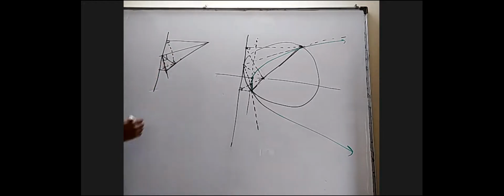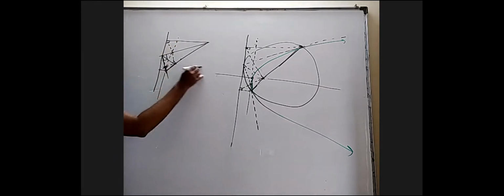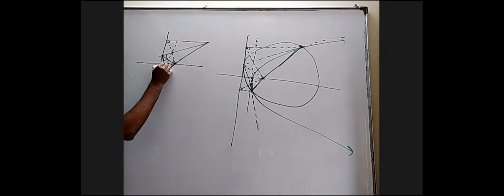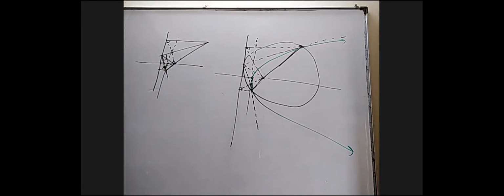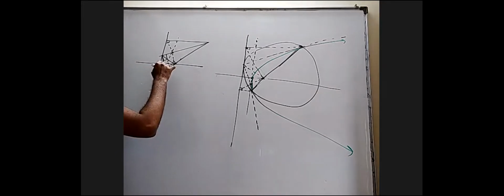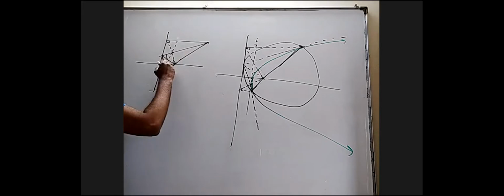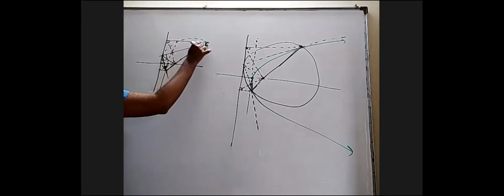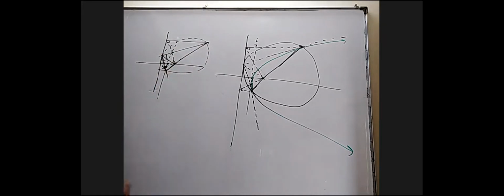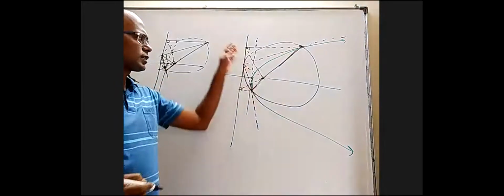Next, I will join these two, and I will join these two. There will be this point and there will be this point. They should be in the same vertical line. And through this, if I draw one horizontal line, this point should be midpoint of this and this. Like that, I should adjust the figure. And the circle with these two as ends of diameter will touch this line at this point. So obviously that circle will be somewhat like this. Of course, otherwise I can draw this first and then the circle and then draw other things.